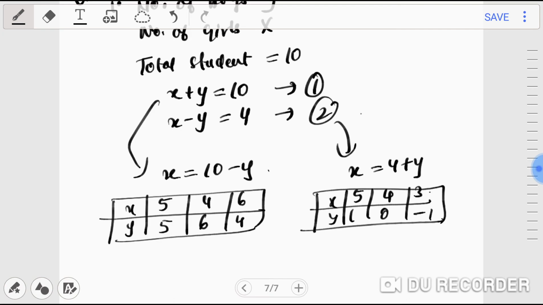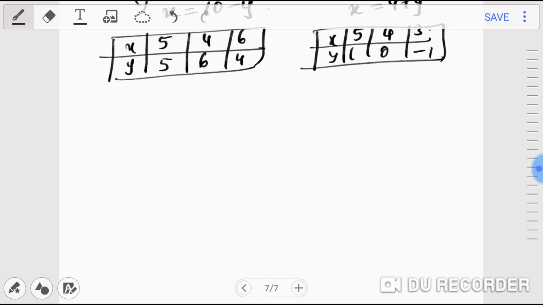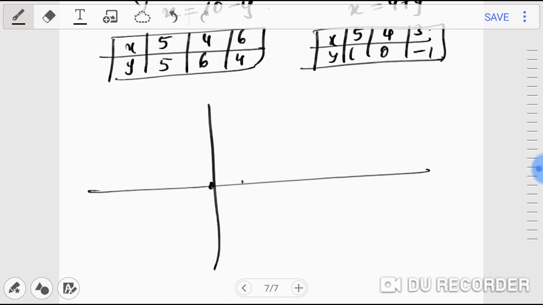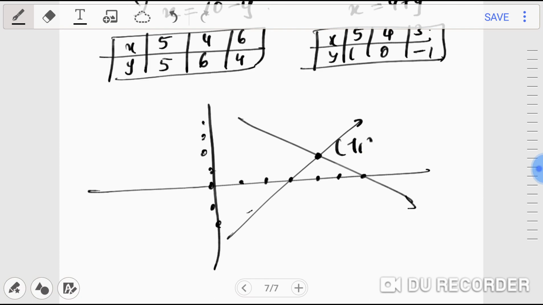Once you get decimal, you will get stuck up into plotting. तो वो plotting में difficult हो जाता है. So avoid decimals. And once you got the tables, you can project them onto your graph. So you will get two lines, something like this. And they have a proper intersection point. And that intersection point will be 7, 3.